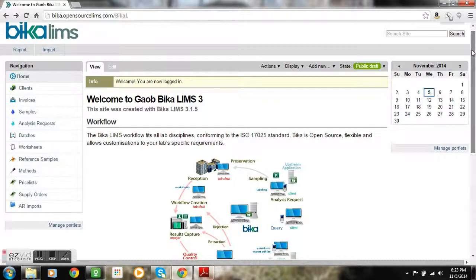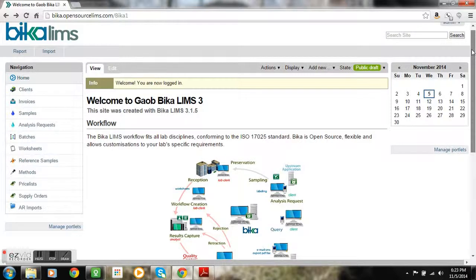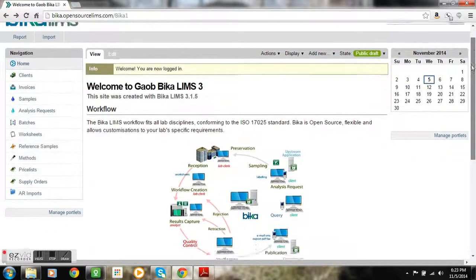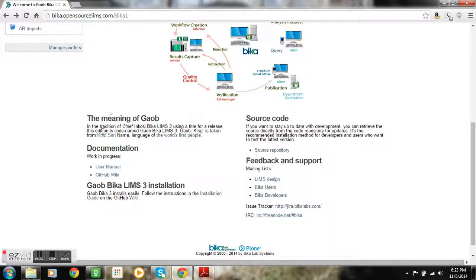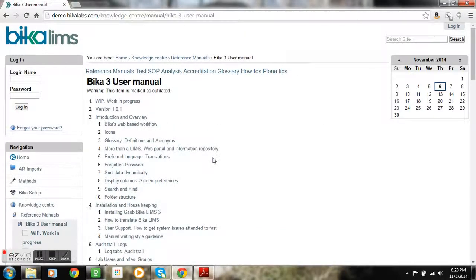So the first thing I always like to do, which is why we were at the bottom of the screen, the first thing I always like to do is look at the documentation whenever I'm starting out with a new product. And Beeka is a new product to me, but I've heard wonderful things about it, and I believe that it's a good product. So I like to primarily evaluate things that I think are good products. I do an honest and objective evaluation, but I'm inspired by things that I like. So if we click on the user manual,